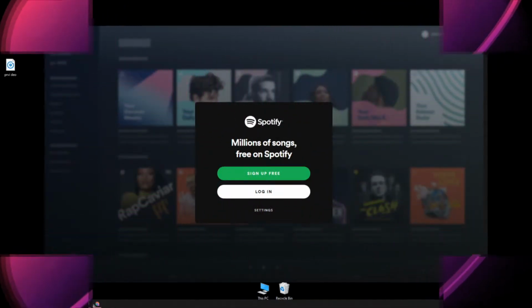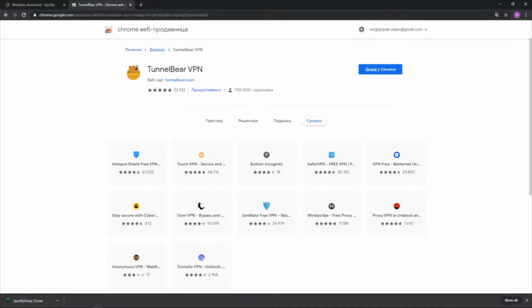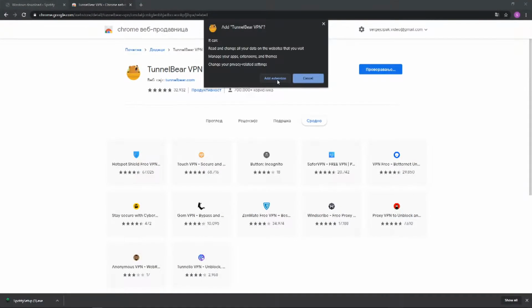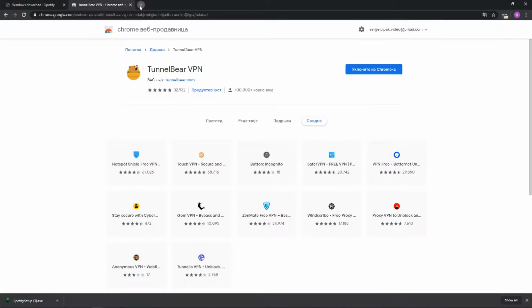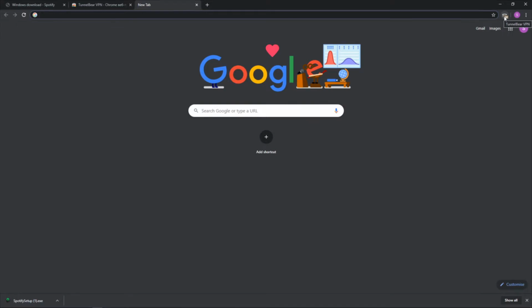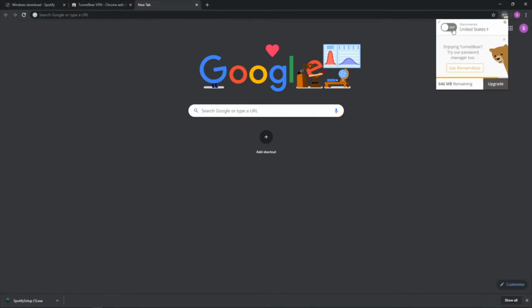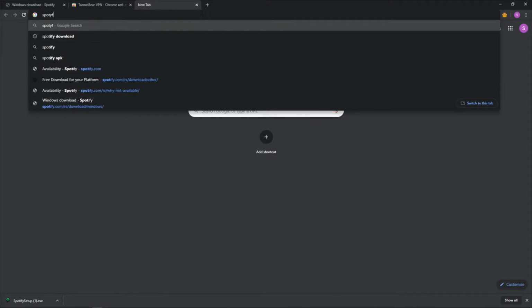Go back to Google and go to this link. The link will be down in the description. Click Add to Chrome and add extension. After the TunnelBear is added, go make a new tab and left click on it. Click Turn it on and go to Spotify